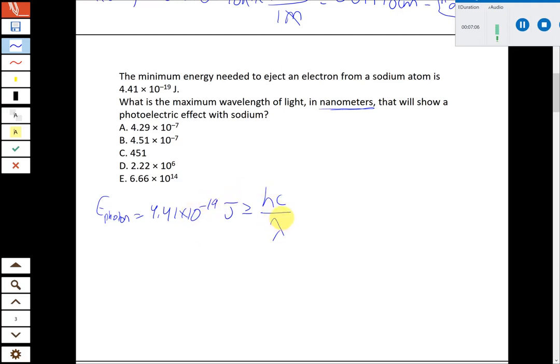Any other wavelength that's longer will give a photon energy that's too small. Any other wavelengths that's smaller will give a photon energy that's large enough to observe the photoelectric effect. So all we're going to do in this relationship is solve for lambda. So lambda has to be less than or equal to hc divided by the energy of the photon,